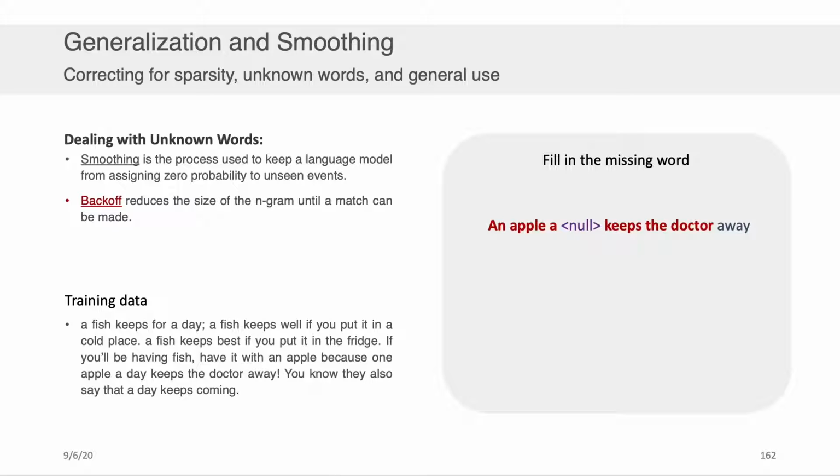Well, one thing we could do if we ran into a circumstance like this where we weren't able to find a match is to simply back out, right? So instead of demanding that we have 3 tokens on either side to try to figure out what the null was here in the middle, we could just back down to having 2 tokens on the other side when we can't find it in the case of 3. And that's simply what the process of back off describes.